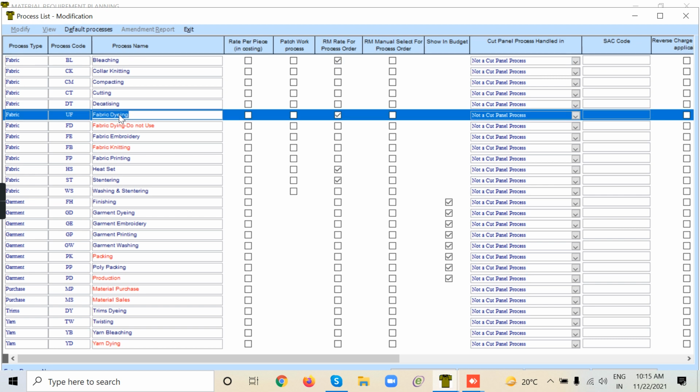Fabric dyeing is a wet process. So if it is a wet process, here you can see RM rate for process order. We put a tick mark. If the supplier is going to bill based on the input weight, then we have to put the tick mark here. In that case, the system will calculate the total PO value based on the input weight, not on the output weight. So this is the configuration for that.